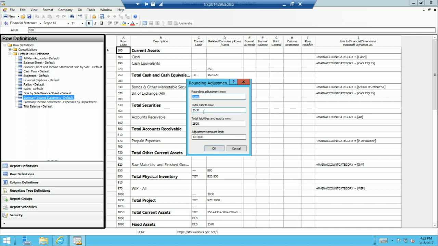You pick your total assets row, your total liabilities row, and then you have a threshold. So basically when it processes, if it's under this threshold, it'll go ahead and run the report. If it's over that threshold, it gives you a bunch of warnings saying, hey, your translation is so off, you're over your threshold, and it'll actually tell you that. And then when the report is done processing, you can drill down and you can see that balance adjustment on this row itself. So this 2080,